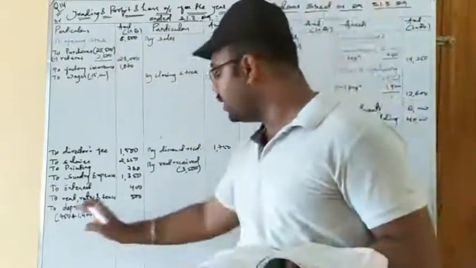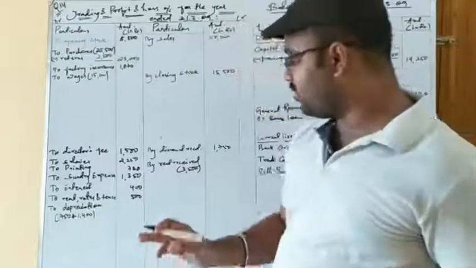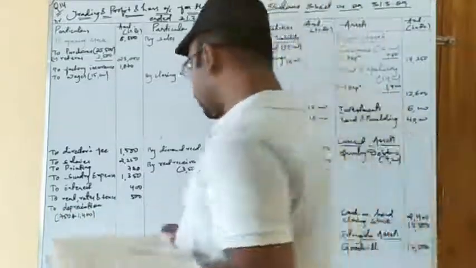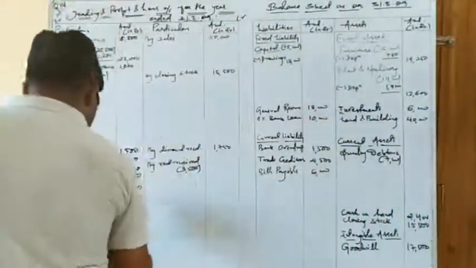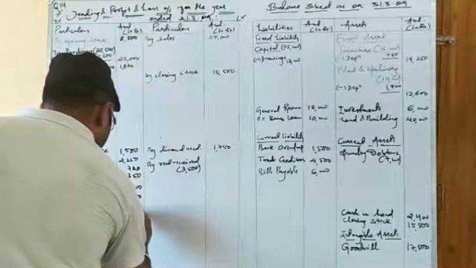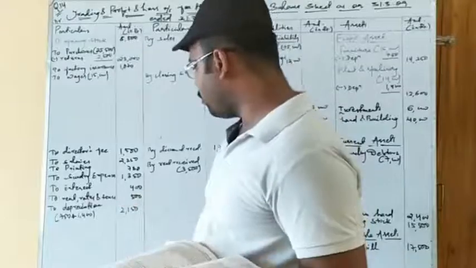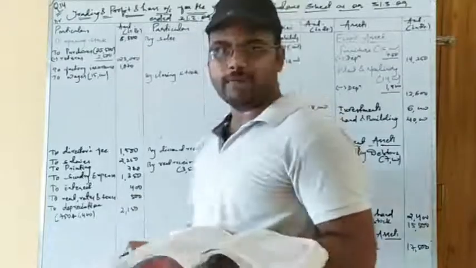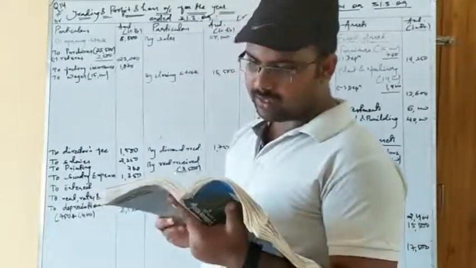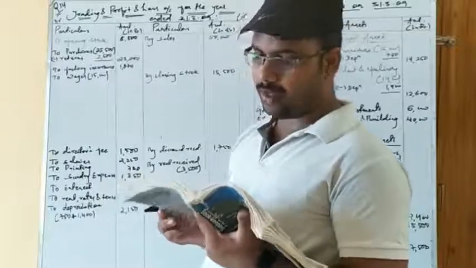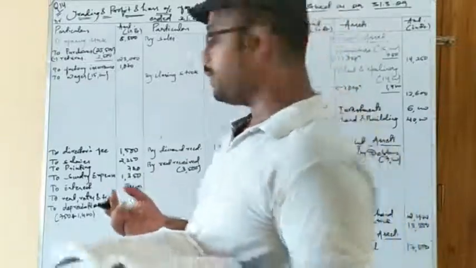loss account. Now we will put the total value at a time, that is 750 plus 1,400. So this is 2,150. If you add the value of 750 plus 1,400, it comes to 2,150. Next is, write off 1,000 as bad debt. So you have to deduct 1,000 as bad debt.